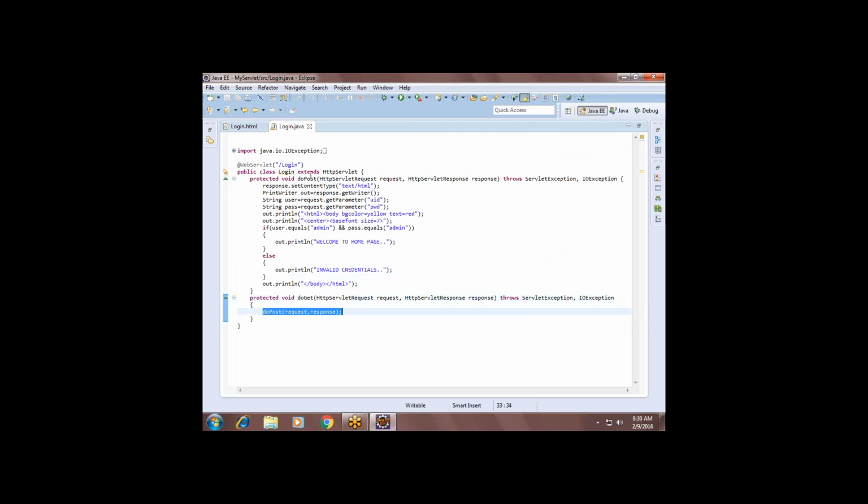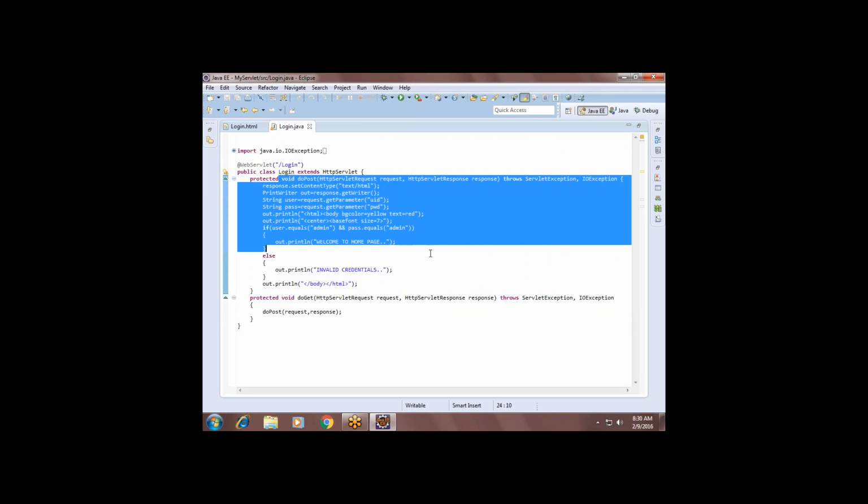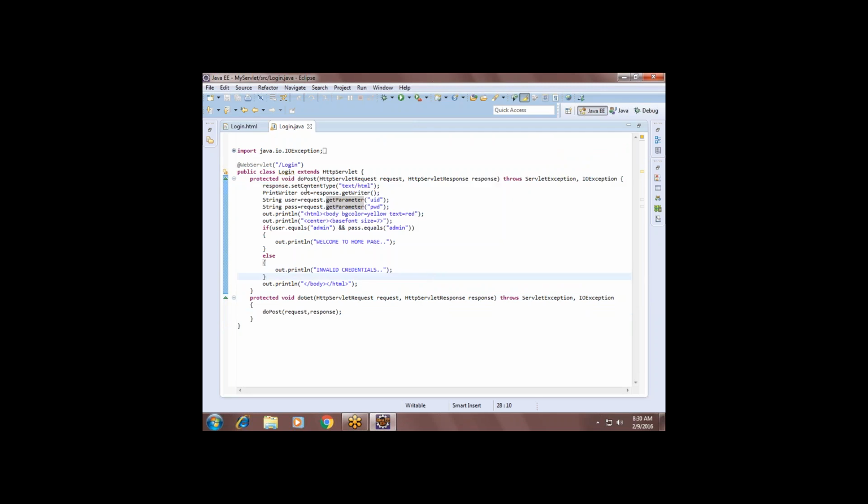From here we are calling the doPost method internally. If the client makes a request to doPost, it will call doPost directly. That's not a problem. So we should prepare every servlet with doGet and doPost. It would be a better practice, guys. Any doubts here? Is it clear? How to receive the client's parameters, how to extract them, how to use them. Understand? Yes, sir. Right.